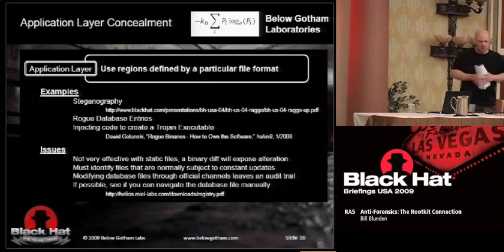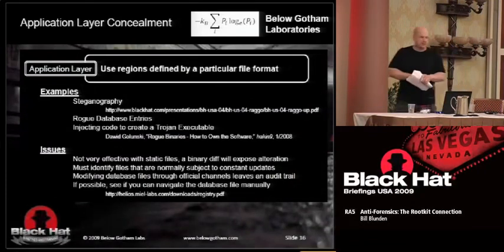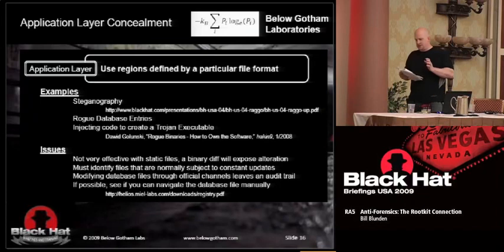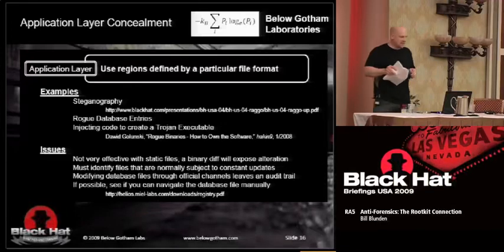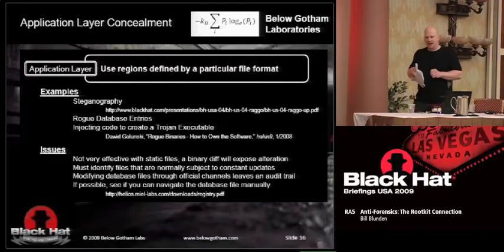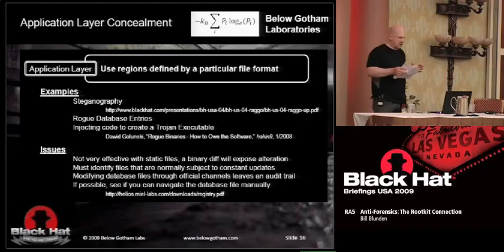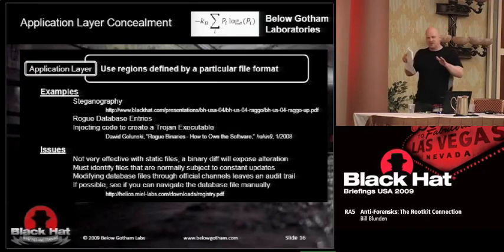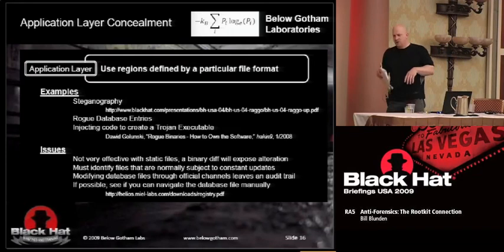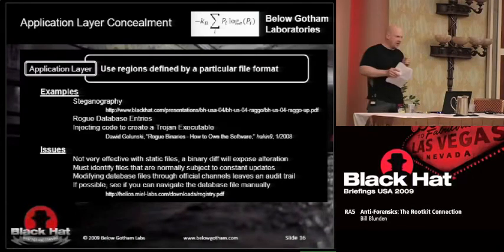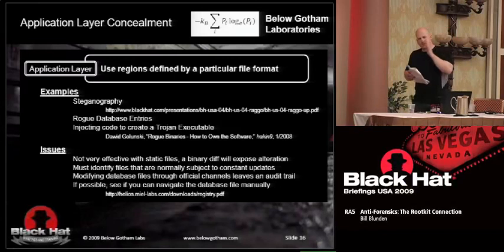Application layer concealment is basically in-band concealment on a different level of granularity. Like with in-band, you're finding these little nooks and crannies, but instead of in the file system, you're looking within a specific application. Obviously, it's a bad idea to hide data in a static file, especially if you have a lot to hide, because it'll stand out. If they do a binary diff and the static file has changed size, that's a dead giveaway. So one alternative is to find a file that changes normally,